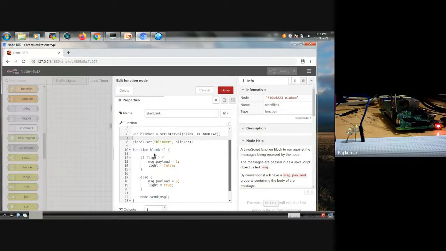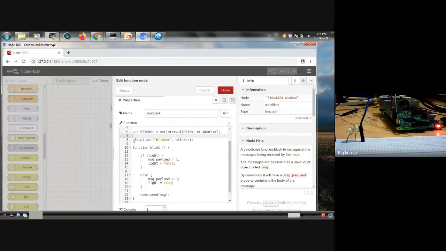So here, global.set, what does global mean? Here I'm using more than one flow in this program, so you can see 5 or 6 nodes in the workspace. Once you specify this global, the remaining nodes also come under the effect of this particular variable. So this method we are going to set as blinker. That means whatever value we retrieve from that will be sent as a parameter, and we are also passing one parameter called blinker.